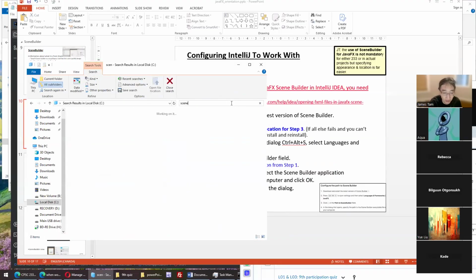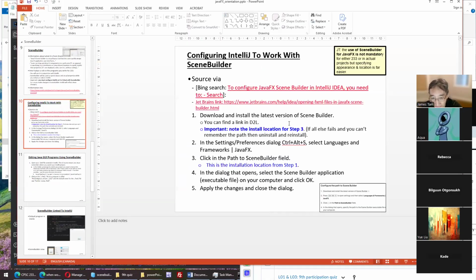And this actually might take more trouble. It's worth it to find it, so it's doing a text search. The worst case scenario is uninstall Scene Builder, reinstall it again, then pay attention to where you installed it. But you need it